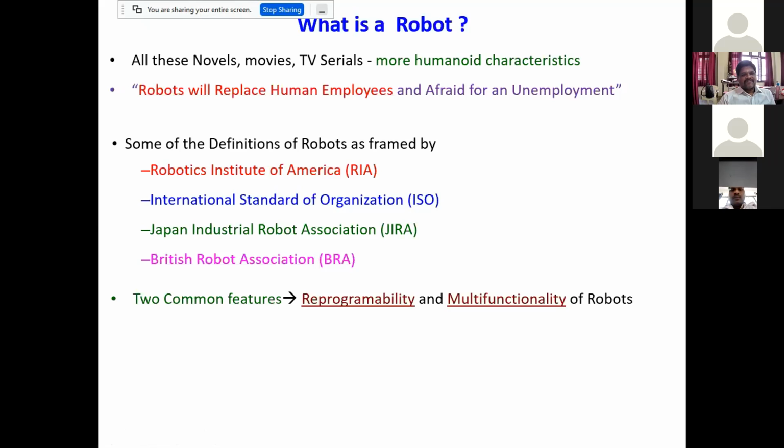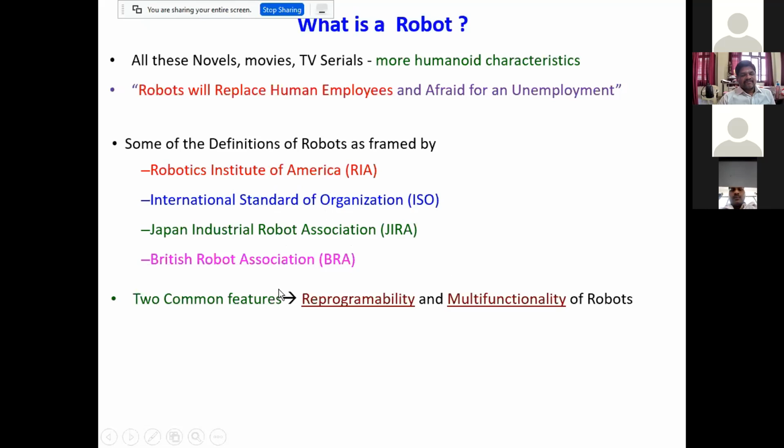They will think that in industrial sectors, robots will replace the human employees completely, and they are afraid of unemployment. And so there is always friction between the management and the workers over robot installation. So recently, many robot organizations like the Robotic Institute of America, International Standards Organization, JIRA, Japan Industrial Robot